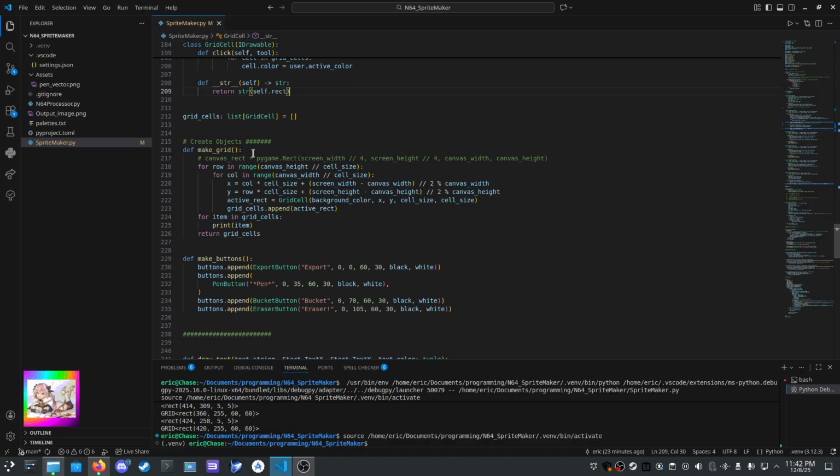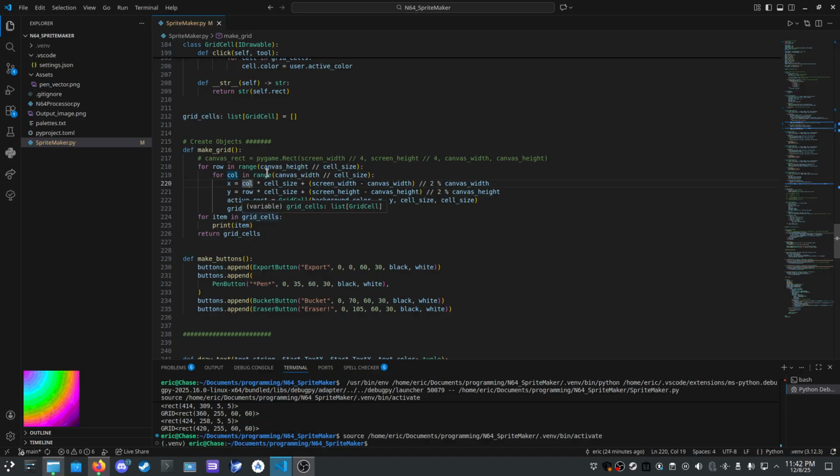The coconut's a fraud. So again, we only make the grid once, because it'd be stupid if we did it every frame. We just do, for every row in range, the canvas height divided by cell size. That way we can eliminate how many things we want. And then we do every column. This divides into a neat even grid. We do some math here. I would love to explain this, but I made it a long time ago and it's 11:45 right now. Essentially, I'll do it really quickly.